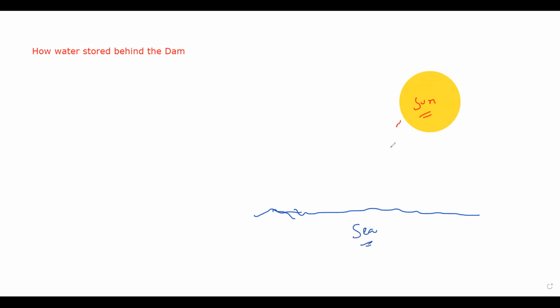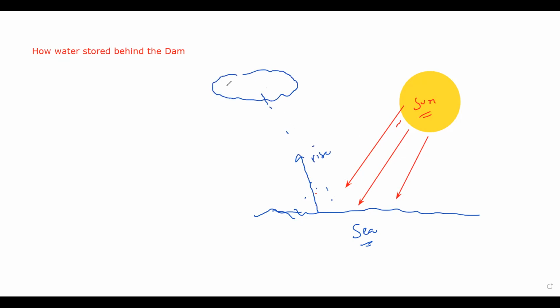But because we have a greater amount of sea as compared to fresh water, the heat energy from the sun is absorbed by the water, and when this water absorbs this heat energy, it will turn into water vapors. So water will turn into vapor and it will rise. And when these water vapors rise, they will condense to form